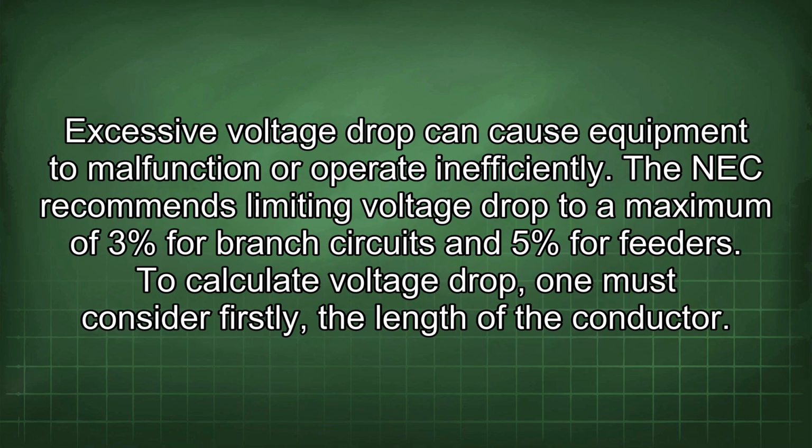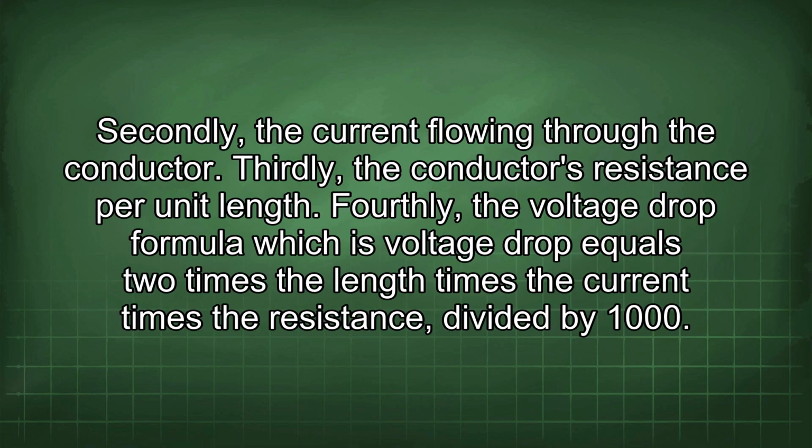Excessive voltage drop can cause equipment to malfunction or operate inefficiently. The NEC recommends limiting voltage drop to a maximum of 3% for branch circuits and 5% for feeders. To calculate voltage drop, one must consider, firstly, the length of the conductor. Secondly, the current flowing through the conductor. Thirdly, the conductor's resistance per unit length. Fourthly, the voltage drop formula, which is voltage drop equals 2 times the length times the current times the resistance